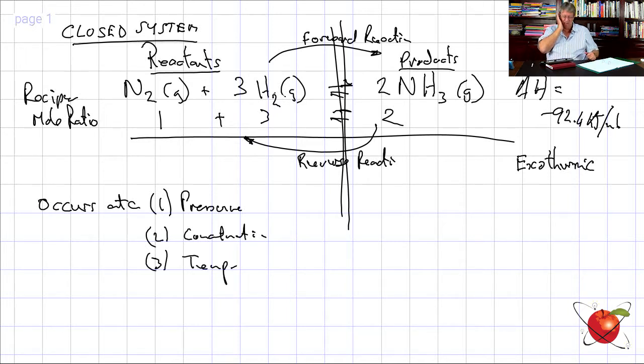Now, where does all this come from? Well, it comes from the factors that affect the rate of a reaction, doesn't it? The catalyst we're going to get to as well. Those are the things that we said, didn't we? The concentration affects it, the pressure affects it, and the temperature affects it. The Maxwell-Boltzmann curve. Okay. So where we are now is we're now saying, okay, we're going to examine our reaction